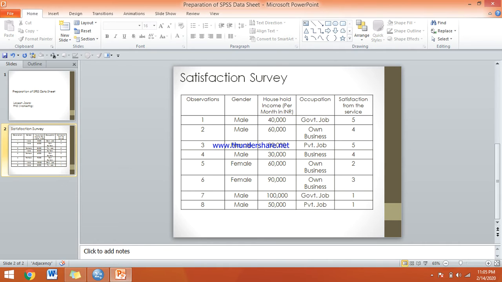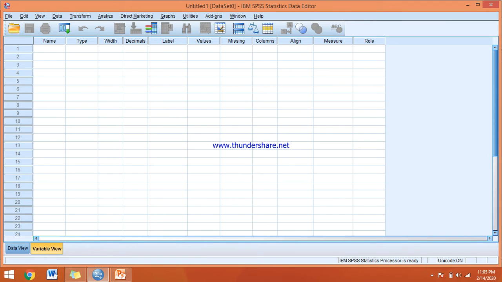Now one by one, there are 1, 2, 3, 4 variables. So first I make my cursor here and then I type gender. This is the first variable, and be careful when you are typing the name of a variable, do not make a space. If you type gender of the customer,